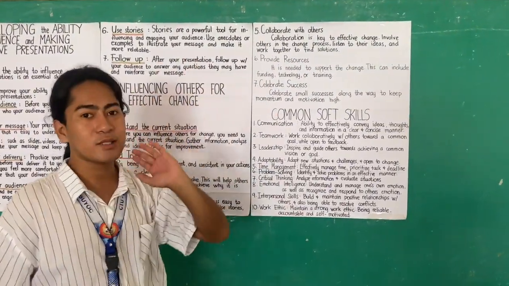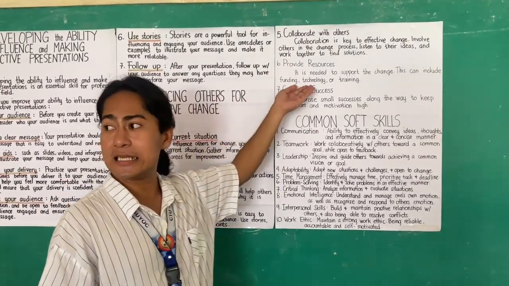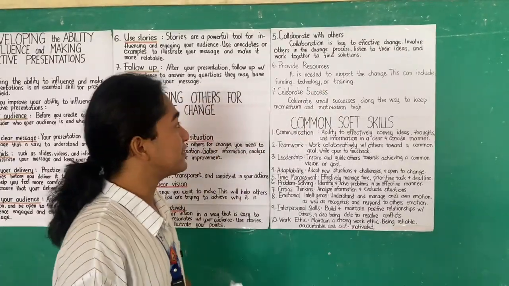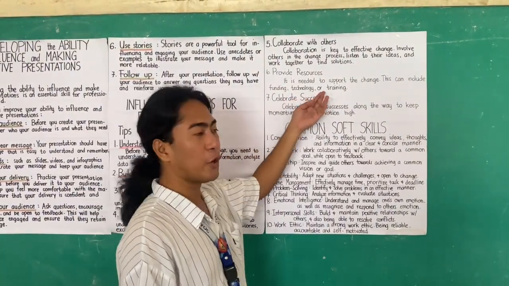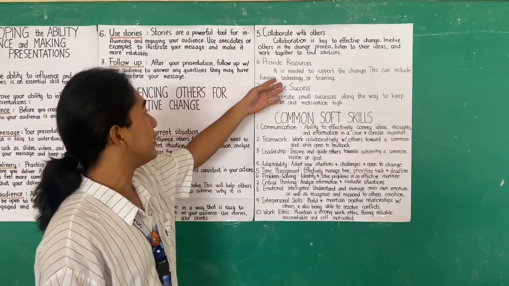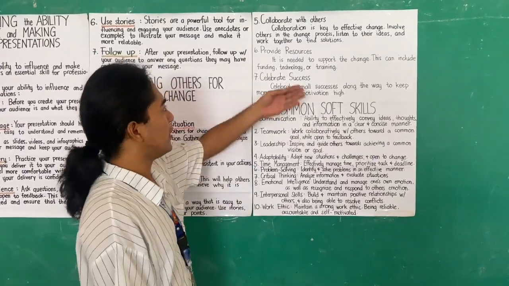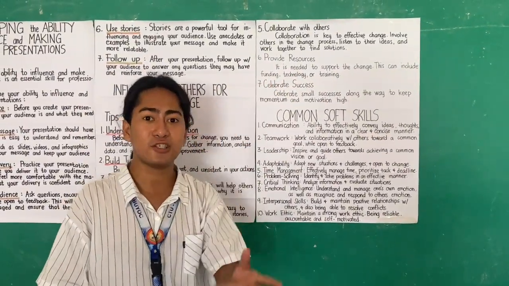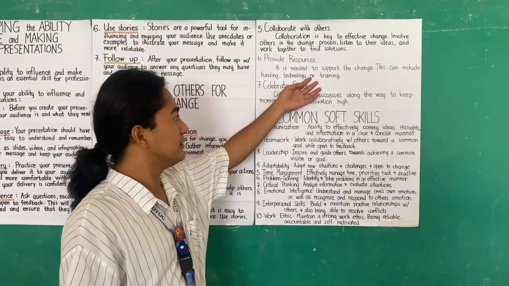So the next one, the sixth one, is provide resources. It is needed to support the change. This can include funding, technology, or training. So in this part, they include funding, so invest money, and then technology, you use gadgets, and